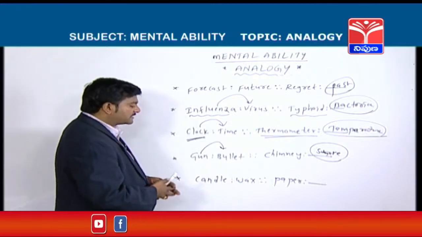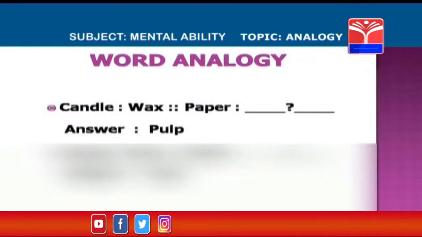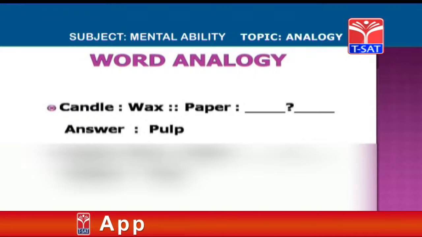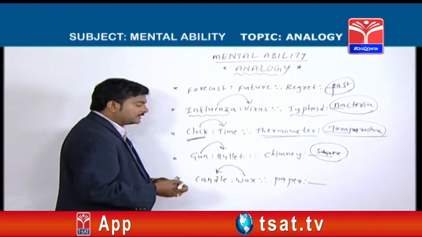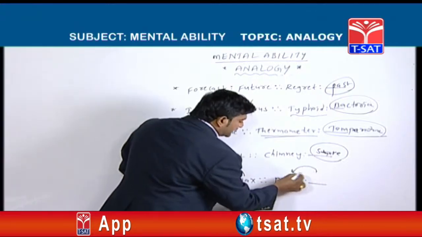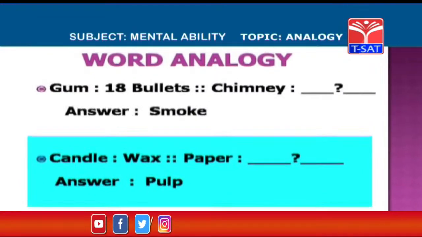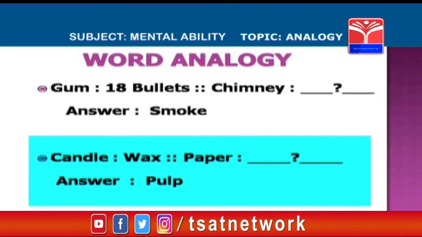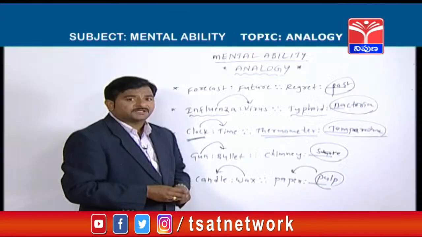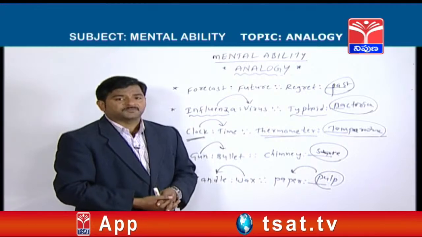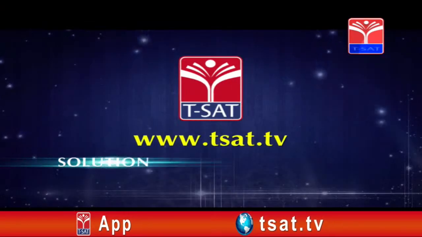Similarly, observe your final part: candle, wax; paper, dash. It is very clear, candle is made of wax. Similarly, paper is made of what here? Pulp. గుజ్జు అంటాం కదా, కర్ర గుజ్జు అంటాం. సో ఆ కర్ర గుజ్జు నుంచి పేపర్, వ్యాక్స్ నుంచి క్యాండిల్. ఓకే, these are the different types of concepts we discussed in the analogy part. I hope